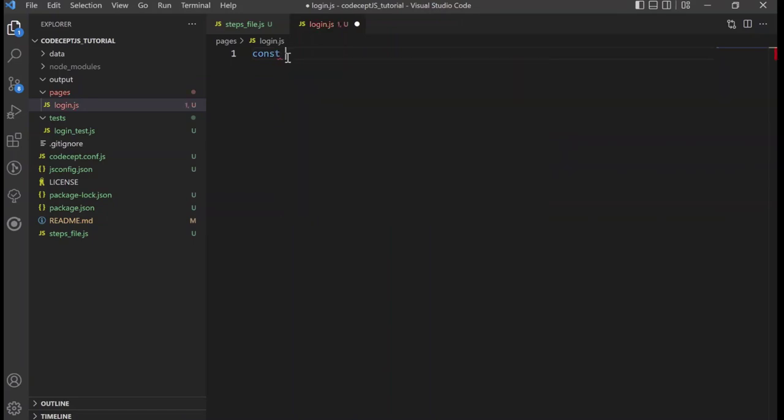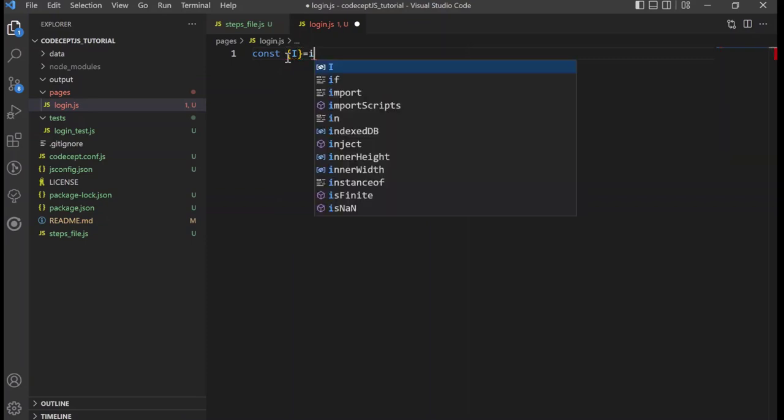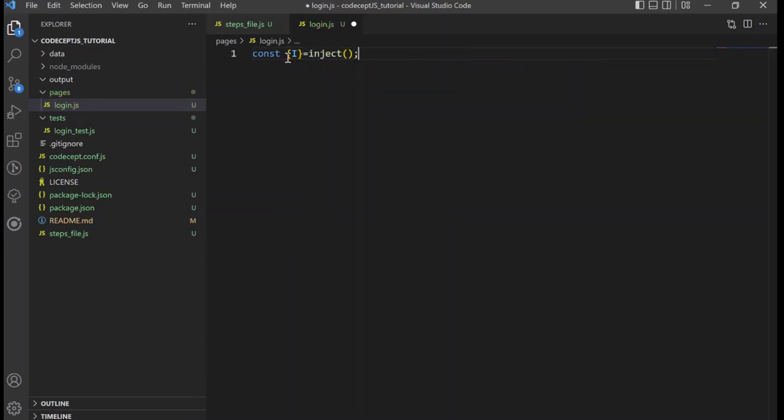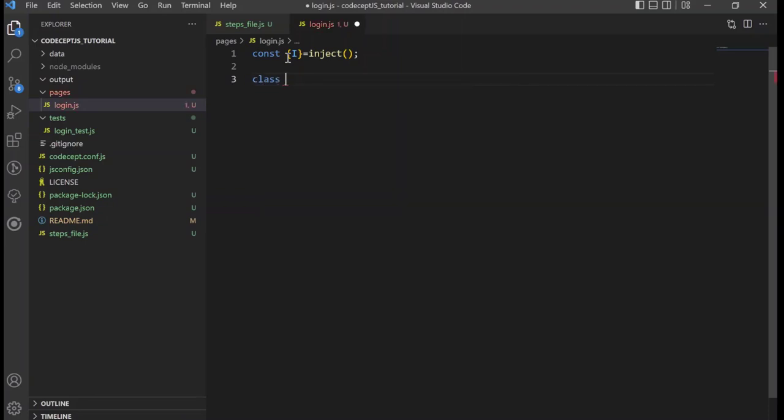So const, destructuring I. There's an inject method, automatically a built-in method of CodeceptJS. So I'm going to create a class here as LoginPage. Now first I'm going to add fields, and then I will add methods, our actions as methods to that file.